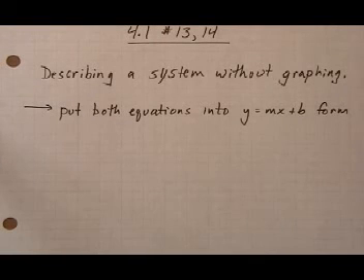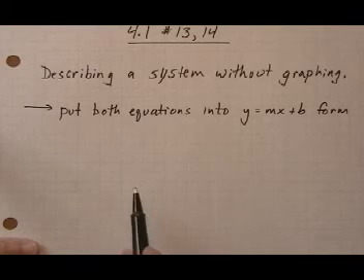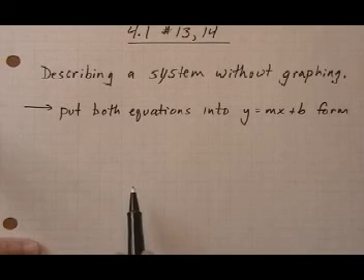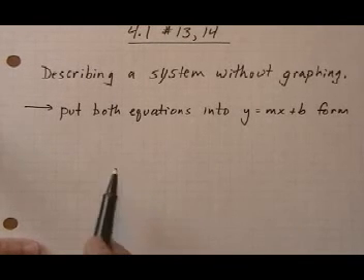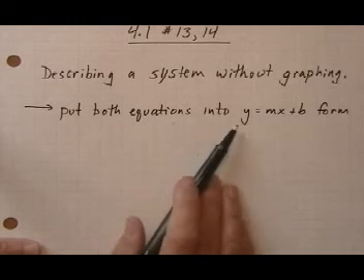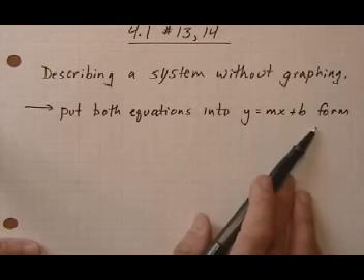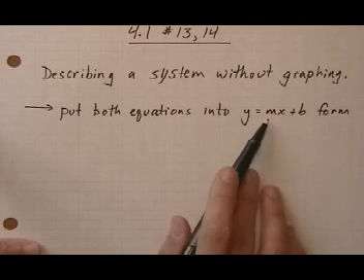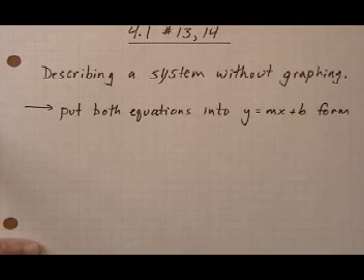In some questions in section 4.1, you're going to be asked to describe a system without actually graphing it. So describe if it has intersections, is it parallel lines, overlapping lines, or whatever. So here's what you want to do in that case. Put both equations into the y equals mx plus b form. And then you're going to take a look and see what the slope and the y-intercept look like for